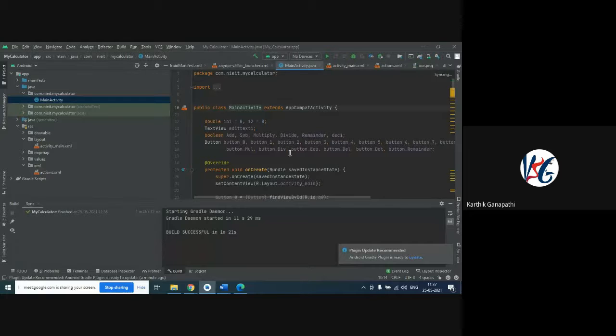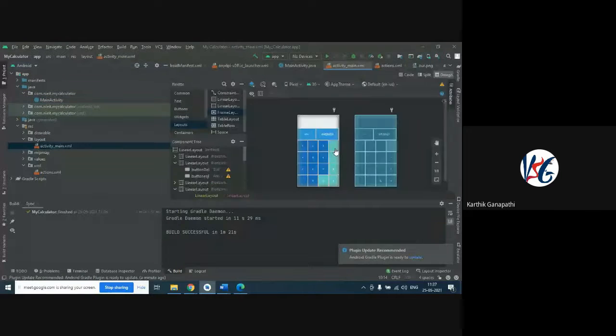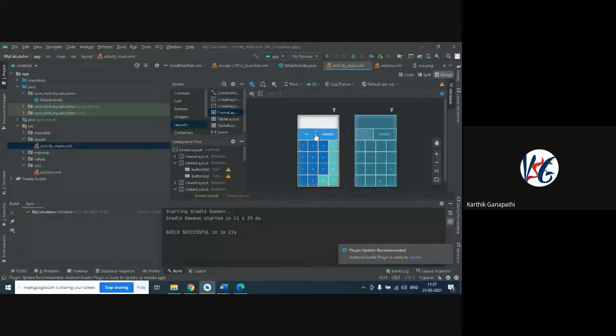In this, prior to this, let's go to the activity underscore main, that is the main XML file. Here you can see how many buttons are there. So just calculate the number of buttons. Delete button 1, answer button 1.